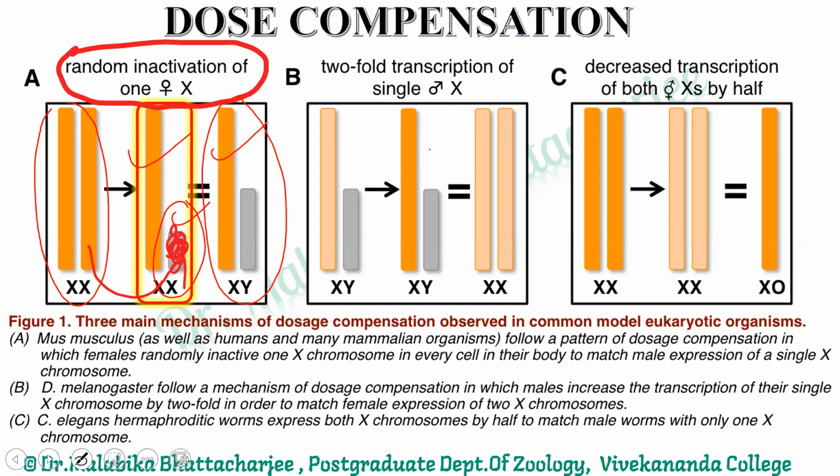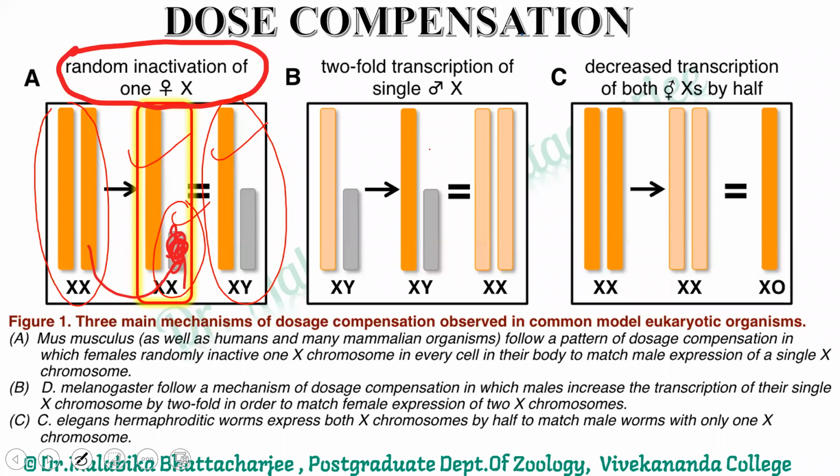Now moving to another model, which we have also studied, sex determination in Drosophila. We are aware that in Drosophila sex determination, the Y chromosome does not have a role. Yet the female fly has XX and the male fly has XY. So in Drosophila also, the same problem arises: if females have 2X and males have 1X, there will be overexpression of the genes on the X chromosome in females.